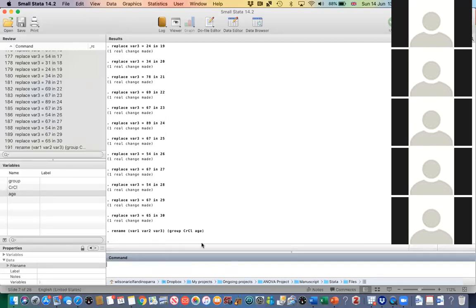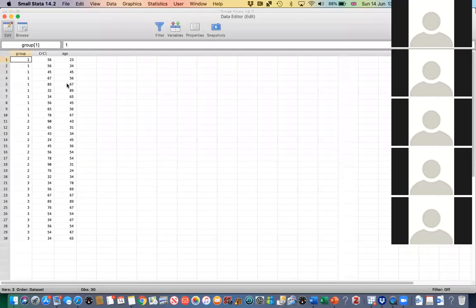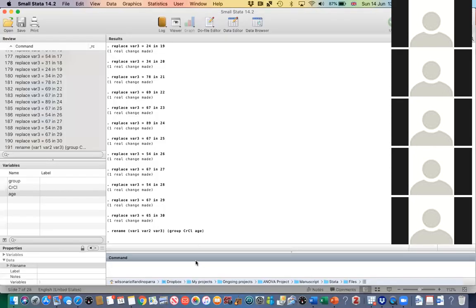Okay, so hopefully STATA just generated the new names for me. So we got 3 groups, 10 patients in each group. And then we got the creatinine clearance for each patient, and then we got the age of each patient. And just imagine that those 30 patients have atrial fibrillation, and we are trying to compare the groups. Let's close this, just to make a little bit of sense. Group 1 is going to be, for example, rivaroxaban,